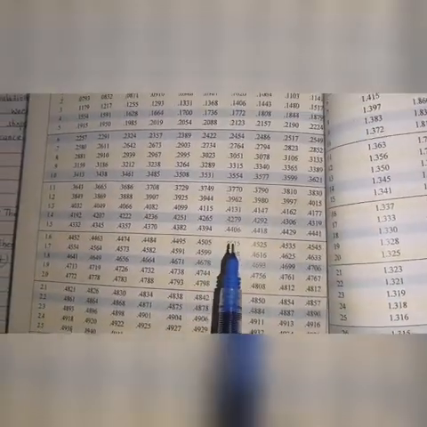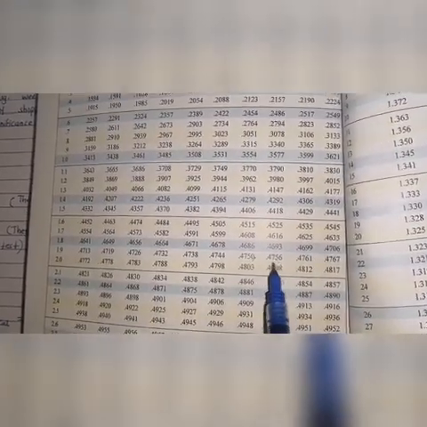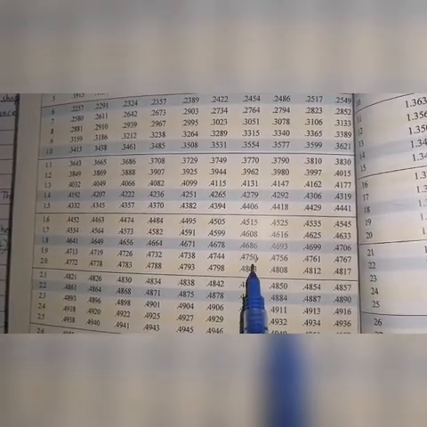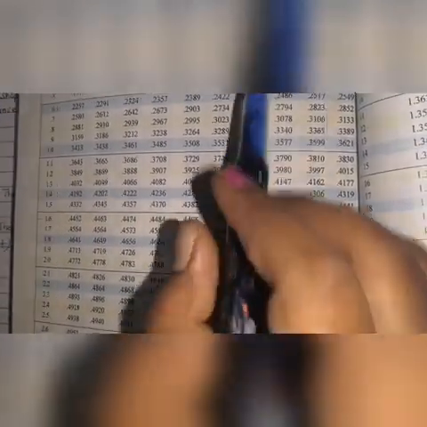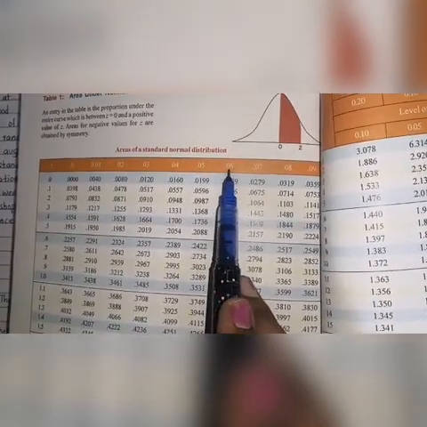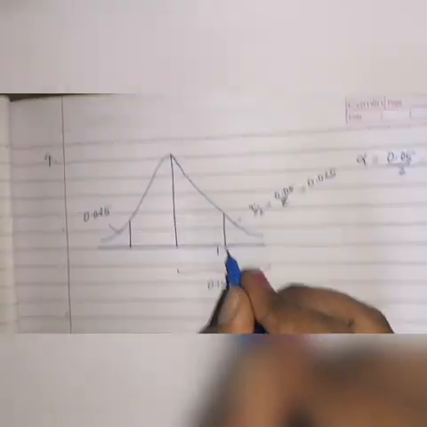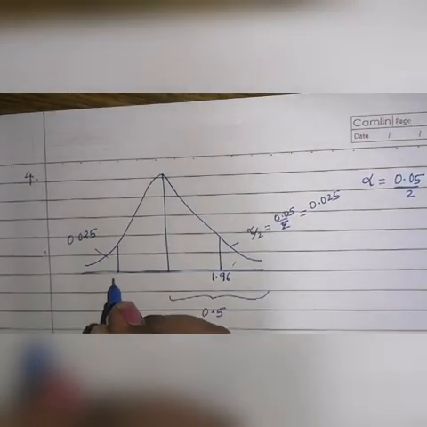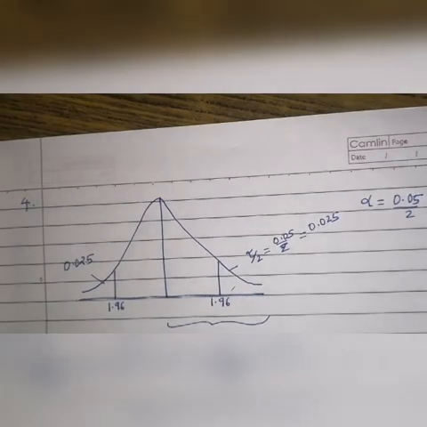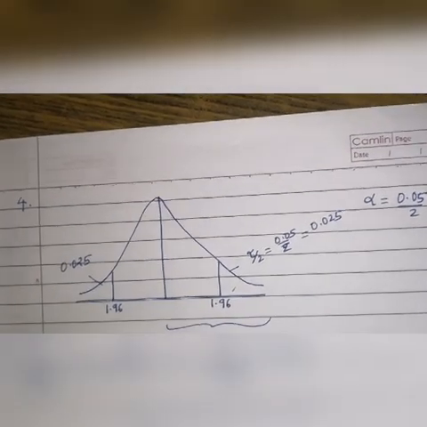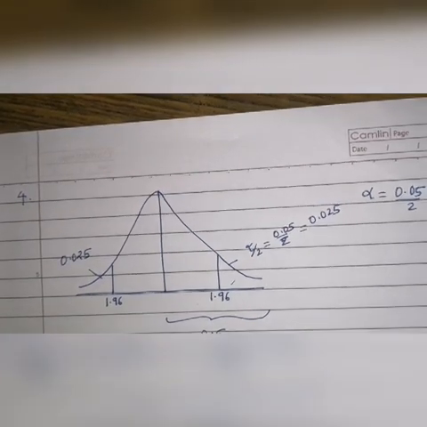So if you see, 0.475 is here, the exact value. So where are we getting this point? 1.9, and if you see the vertical axis 0.06, so this is 1.96. So this point is 1.96. Same with the negative axis here, this is also 1.96. We don't have to calculate again because the normal distribution curve being a symmetrical curve, same values will correspond to the same values on the other side also.